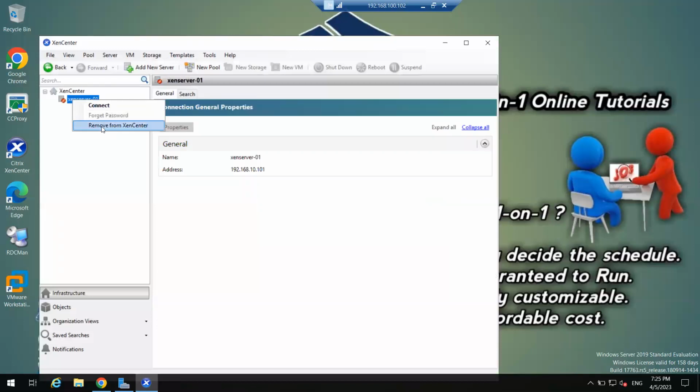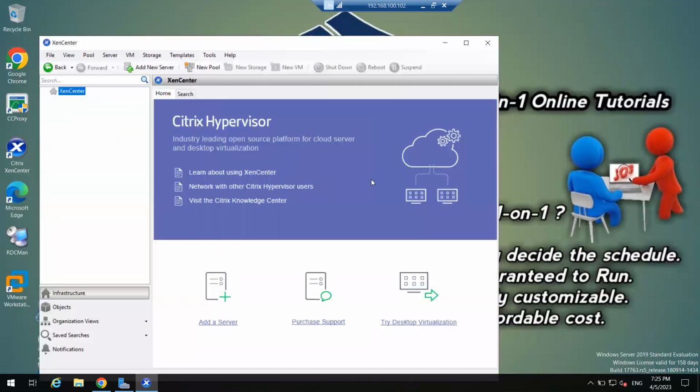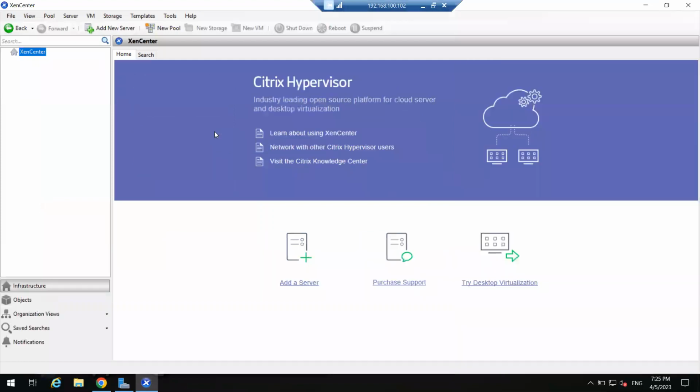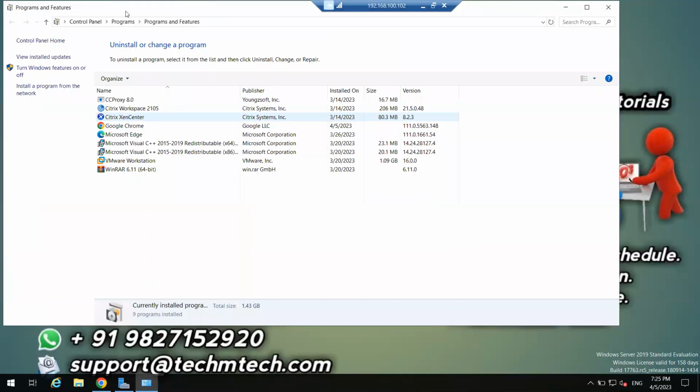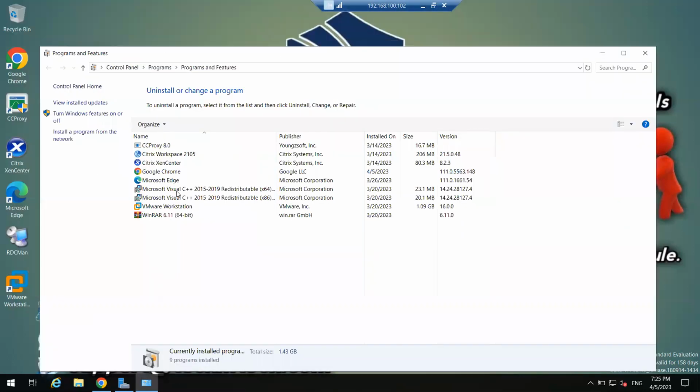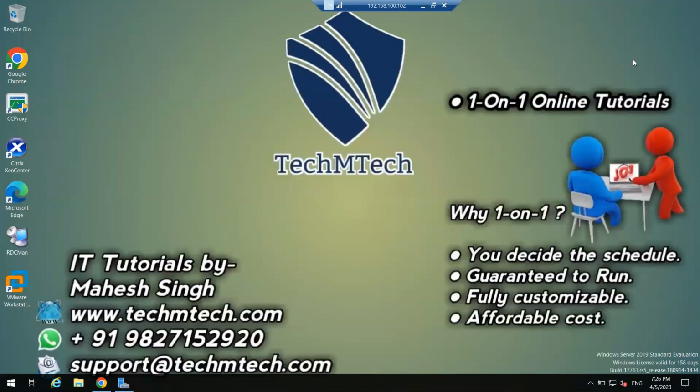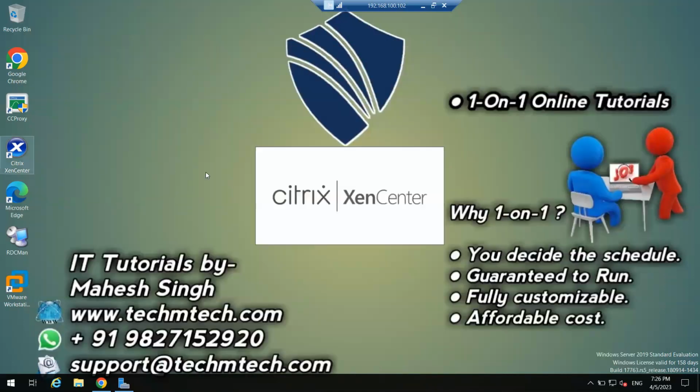So let me remove XenServer from here. Now this is just a basic application. If I open appwiz.cpl, this is a shortcut to get into Programs and Features. You can see I have installed XenCenter. It is a similar application to Google Chrome or Microsoft Edge. So I installed it, and when I launch this application,